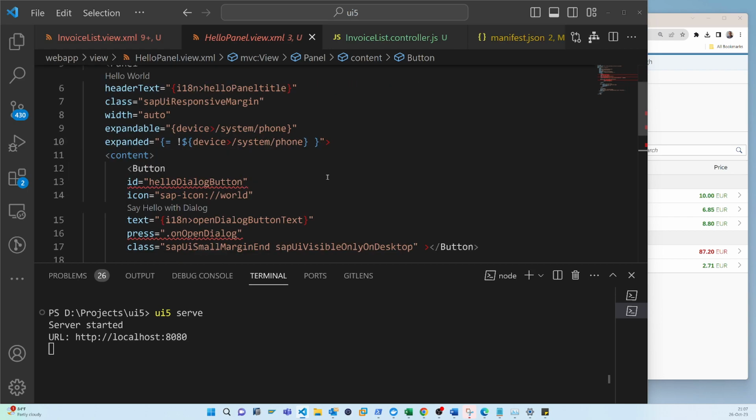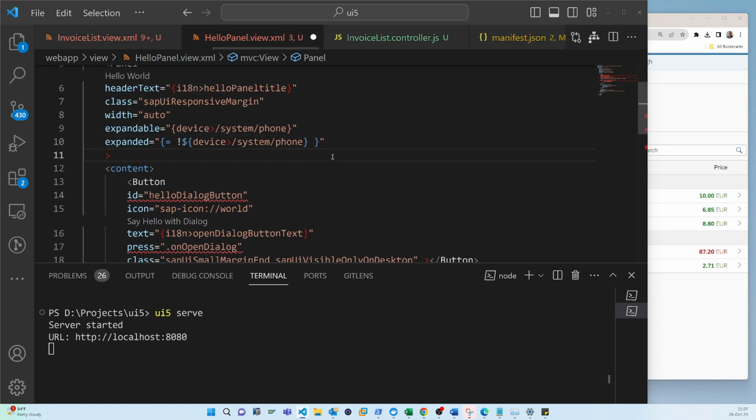So inside that we have to add the accessible role, it is the region. Okay, so now